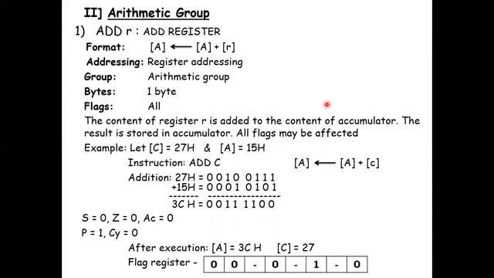changes in the flags. So here output will be a positive value, so sign flag value will be 0. Because we are adding unsigned values, the sign flag value will be 0. There is no zero output, so zero flag value will be 0. Then there is no auxiliary carry between D3 and D4, so auxiliary carry will be 0. Then parity flag is 1 because we have an even number of ones. So carry CY is equal to 0. There is no carry out of D7, so it will be 0. This is how the flag register changes after the execution of the addition instruction.